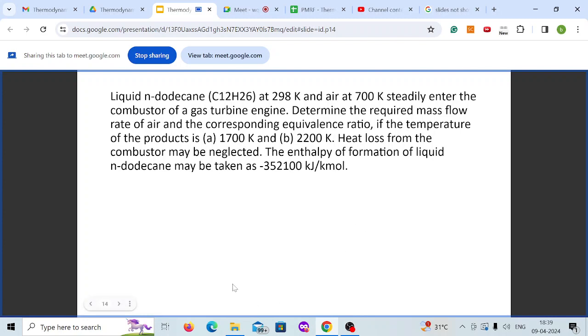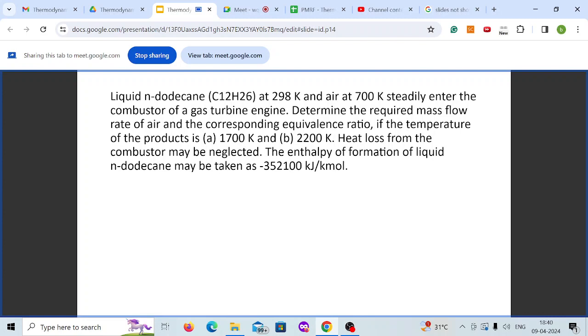The next question is we have a liquid n-dodecane. The formula for liquid n-dodecane is C12H26, which is at 298 Kelvin, and air at 700 Kelvin steadily enter the combustor of a gas turbine engine. So you have fuel at 298 Kelvin, the composition of which is C12H26, which is combusting with air at 700 Kelvin. So determine the required mass flow rate of air and the corresponding equivalence ratio,